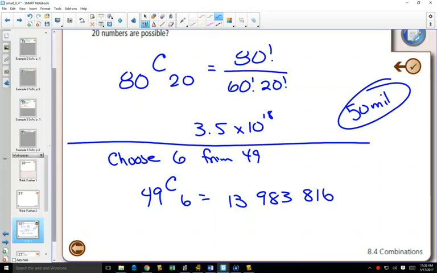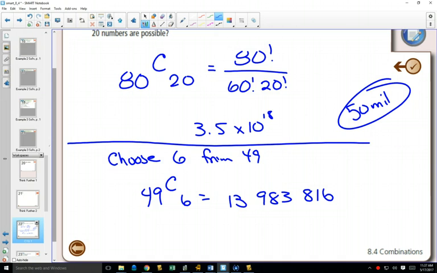You can buy all the numbers. It's going to cost you how much money to buy all the numbers? 14 million times $2 a ticket, about $28 million. Guaranteed win. Right? This is a great idea. So you go to the bank and you say, okay, I need $28 million because I'm going to win the